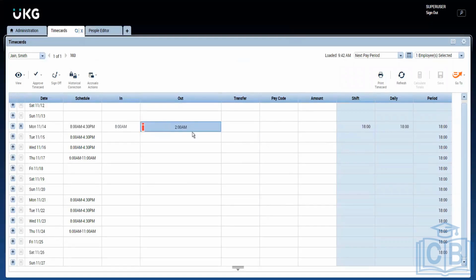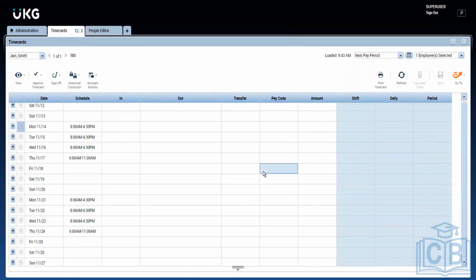Even after 12, he's working 2 hours. That is also going to Monday's hours only. So the fixed rule is working properly. Our pay period has changed to 14 days. And we see all the hours worked go into the in punch day, the day he punched in. So that's why the first item is working.